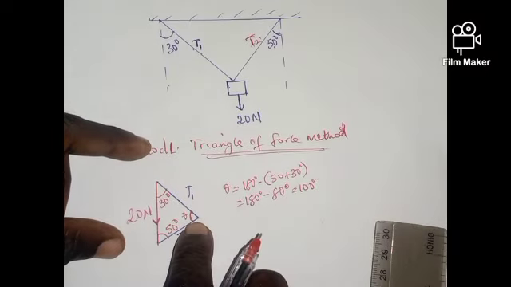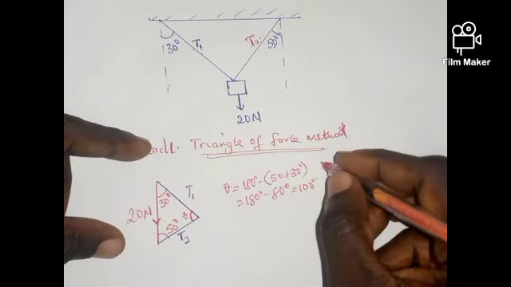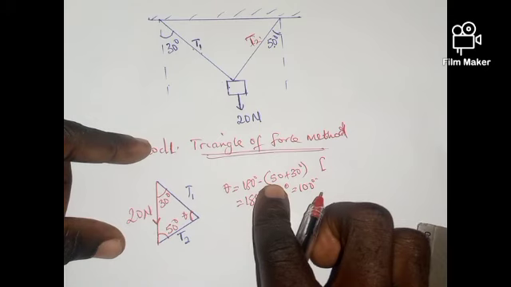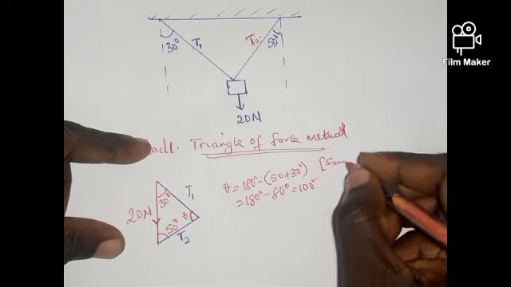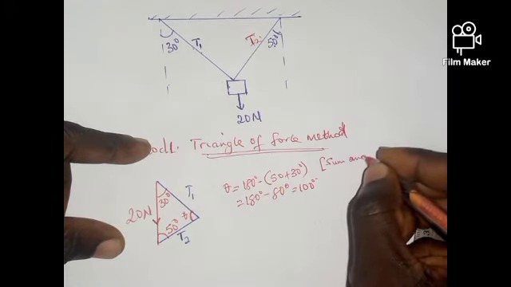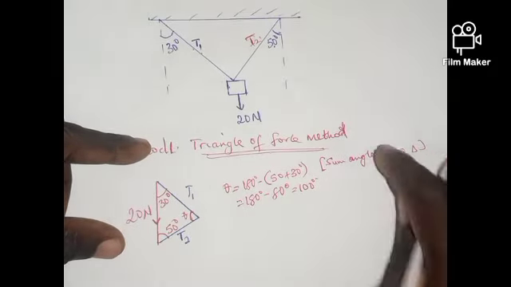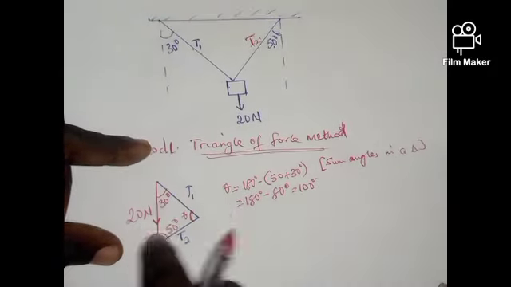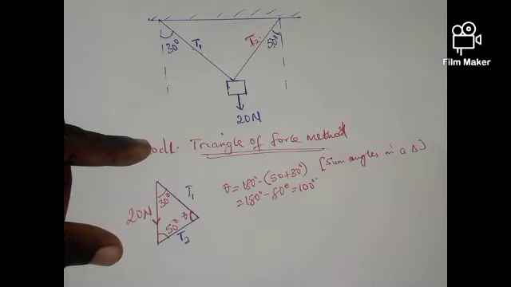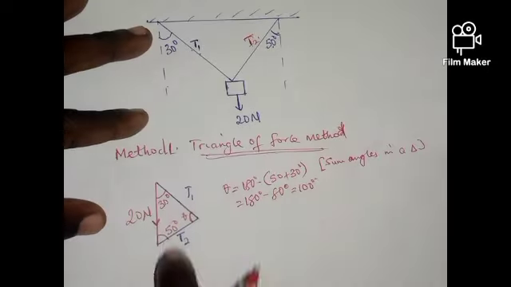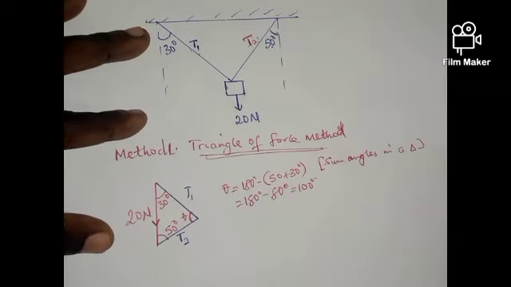So since I know this angle here, I think we should tell the reason why this is this. Sum of angles in a triangle. So we know this. That's why we did this, because the sum of all these angles should equal 180. They are all supplementary angles. So by applying sine rule,